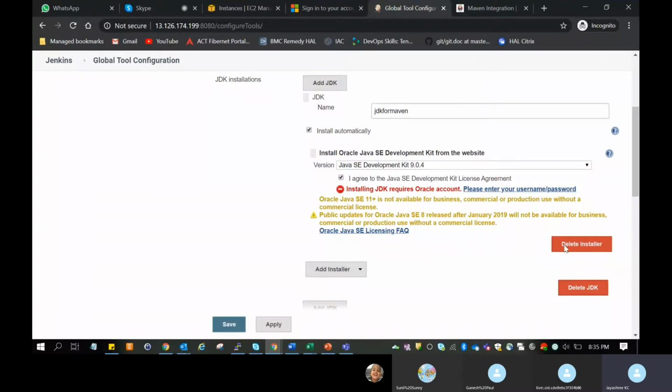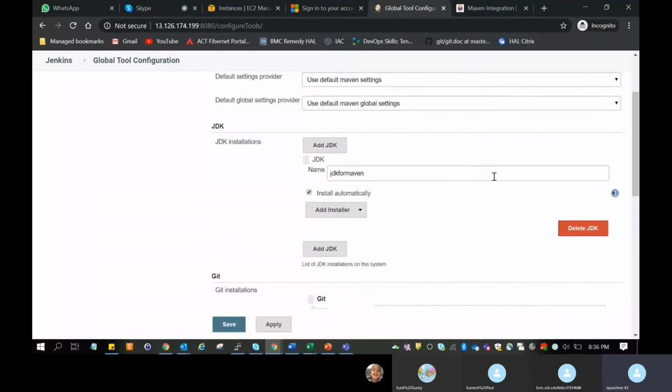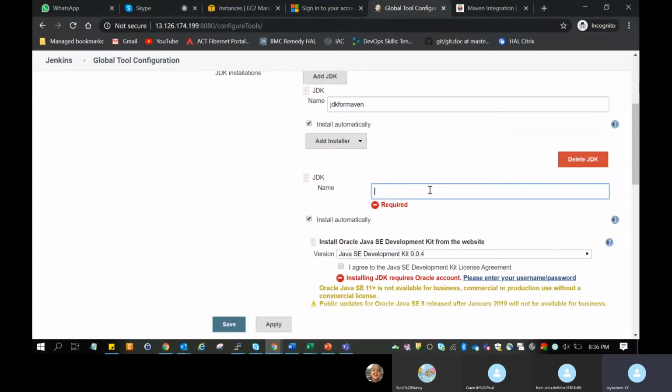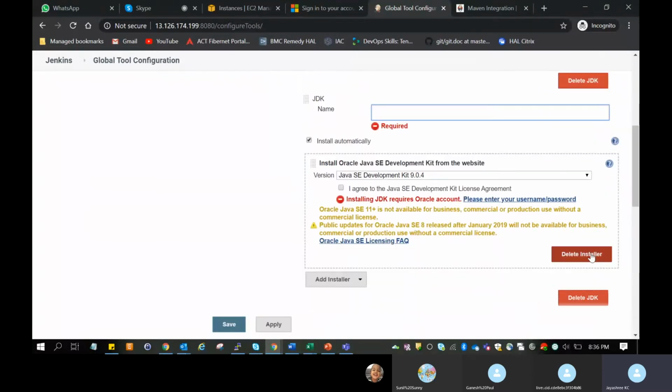Delete the installer. Okay, add JDK below. It's the same thing, right? No, delete the installer below.